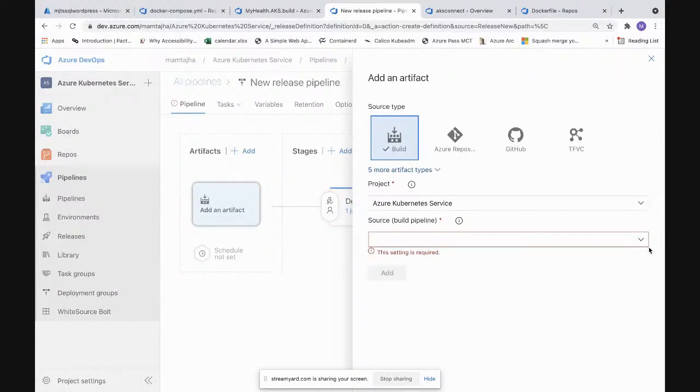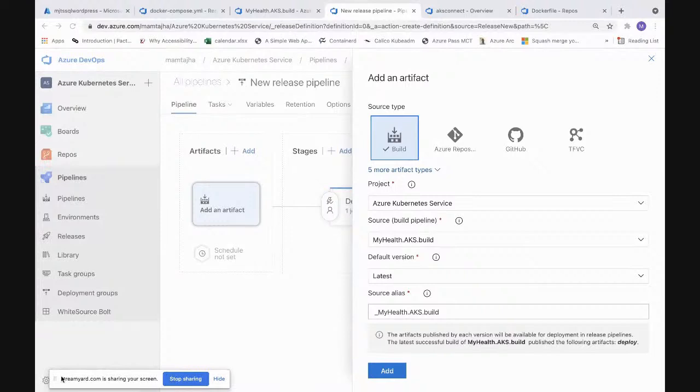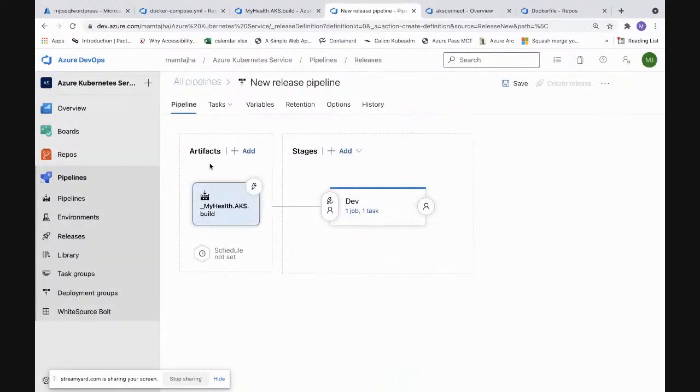I'm saying that in this project, there is a build pipeline, and that build pipeline is building, and whatever is the latest build, just a second, this pop-up is blocking, you can go ahead and add it. This would be the source for it. My release pipeline is picking up the source from it.